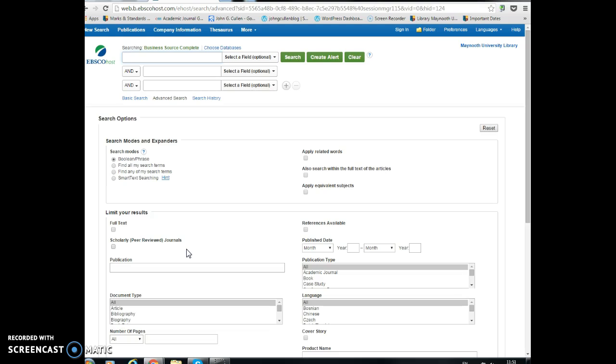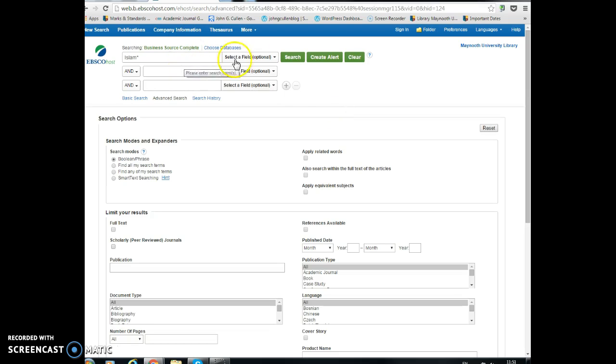So say the topic that I'm trying to research is Islamic finance. A couple of different ways of searching this. The first one is I type in Islam, and I'm going to put in a wildcard, an asterisk at the end of it. That means that it will search for everything with the word Islam, but also everything with the word Islamic or whatever other